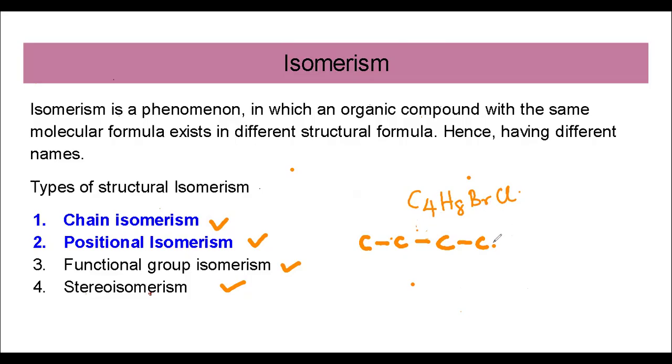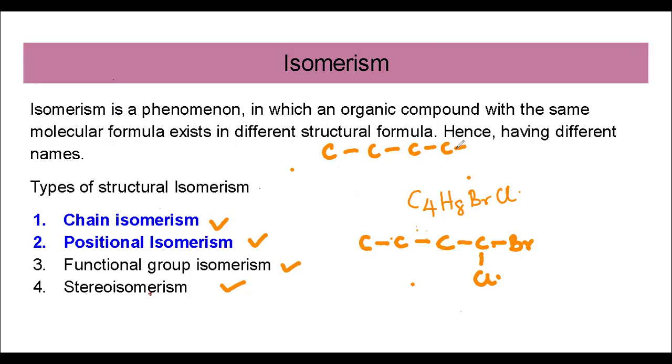You have bromine and chlorine. You can have them on the same carbon atom at first. This is position. They are both on the fourth carbon atom, bromine and chlorine. I can also redraw this